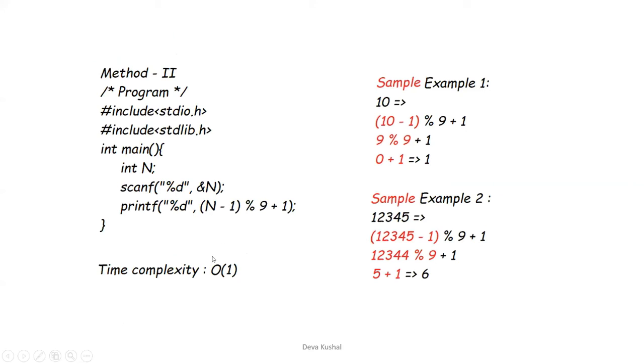If you see the time complexity mentioned below, you can see the time complexity here. It is big O of 1. Number minus 1 modulus 9 plus 1 gives us the value. These are two examples, for 10 and 1, 2, 3, 4, 5. This is the way we optimize a program step by step. Further, a lot more programs and a lot more content will be shared with you.